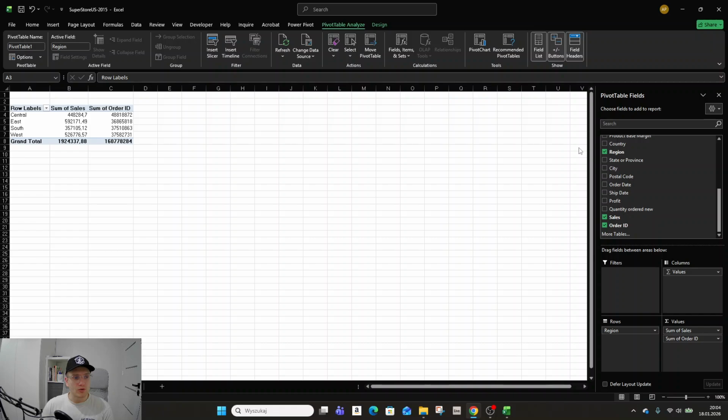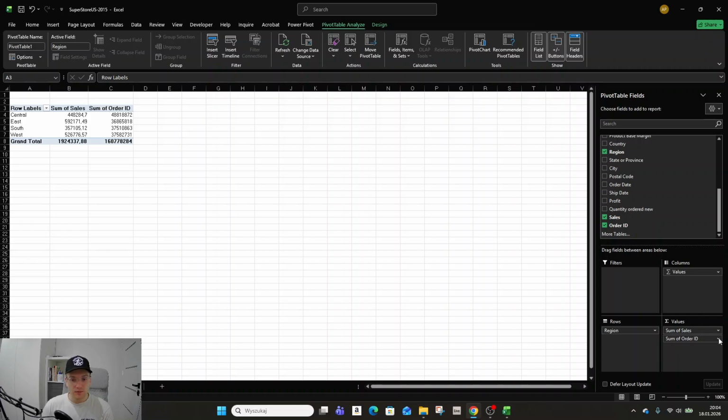And if you want to count how many times something happened, then we can use such an ID, for example. And here we have order IDs, but I already checked and I know that there may be multiple rows for one ID, because one order can consist of a few products. So here it would not work to count rows, but it says how many unique orders happened,